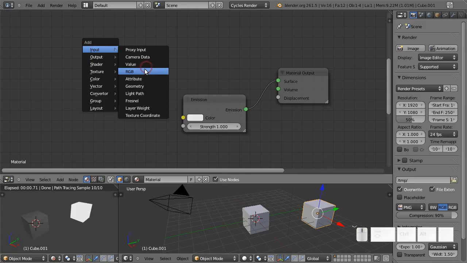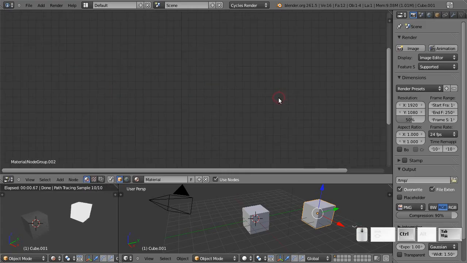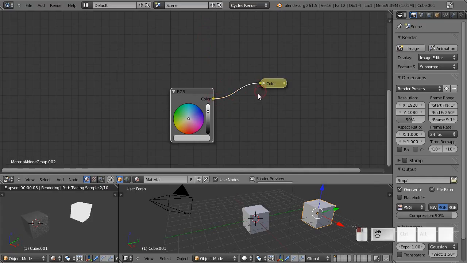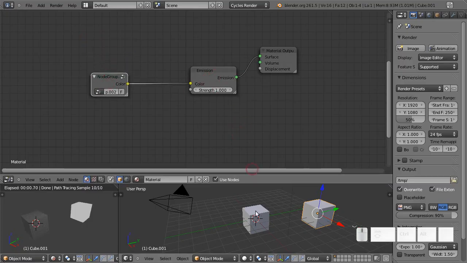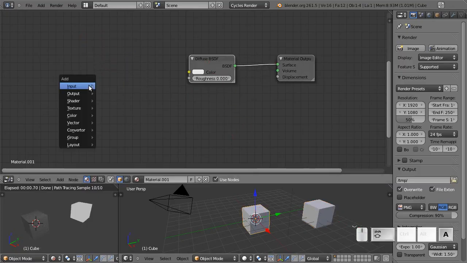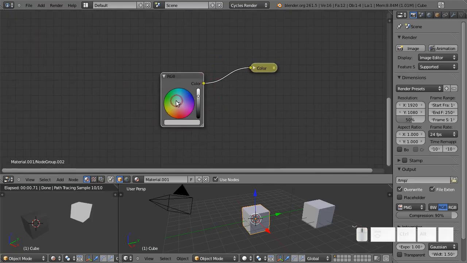Make a node group, go inside and expose this color here. That's what we want. And I want to use this node group in both of these materials. Second material. This is our node group. Link this here. And now I want to edit this node group and stay here and modify this while we are actually editing the